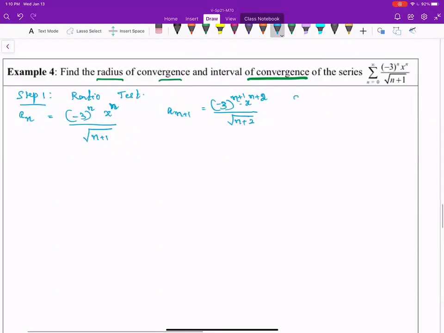So if you take the ratio a_(n+1) over a_n, we will have (-3)^(n+1), x to the power n plus 1,